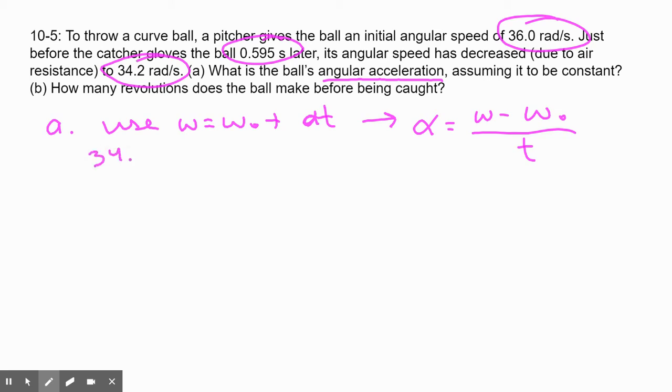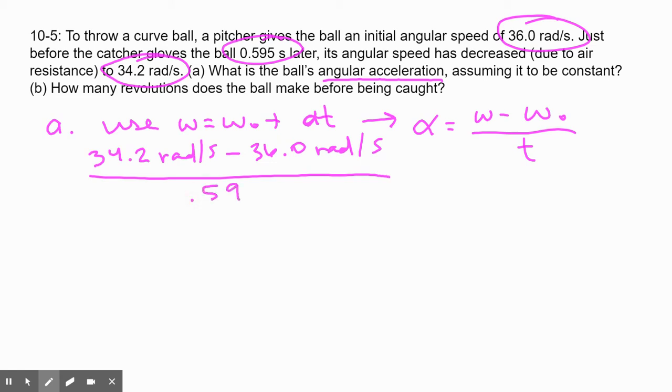We have 34.2 radians per second minus 36.0 radians per second divided by 0.595 seconds. We'll do this math, and you're going to get a negative value here because when you subtract 34.2 minus 36, you're going to get a negative value. So this would be negative 3.03